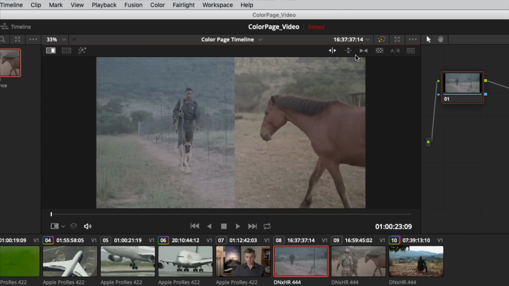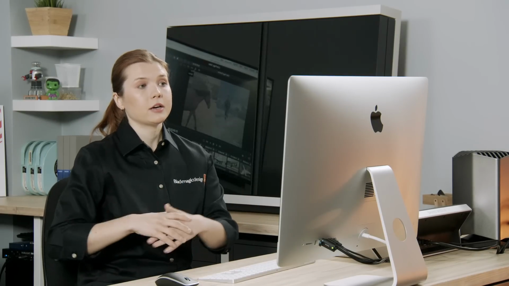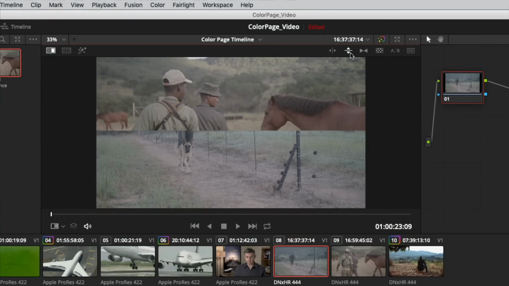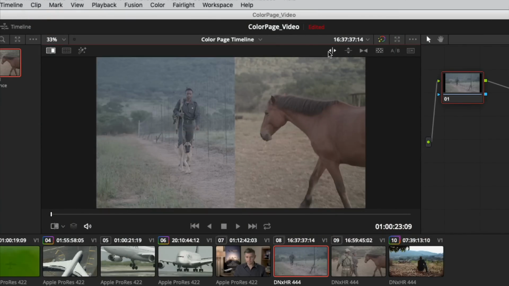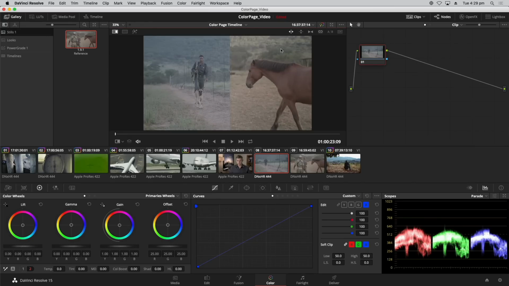And then finally, you also have access to different wipe modes. Depending on the content of your video, you might find that a vertical wipe is preferable to a horizontal because it might reveal certain shared elements, and that's perfectly fine. All right, I'm going to go back to a horizontal one. And what I also really like about the behavior of the wipe tool is that the scopes also get wiped. So I can actually see a live readout of how the channels are different from each other,